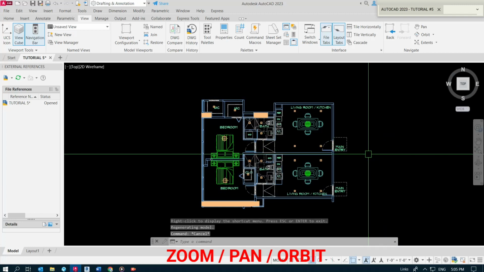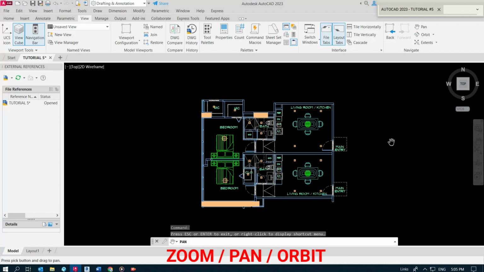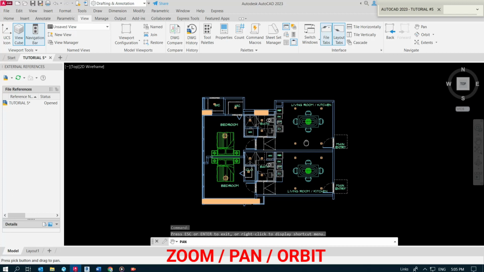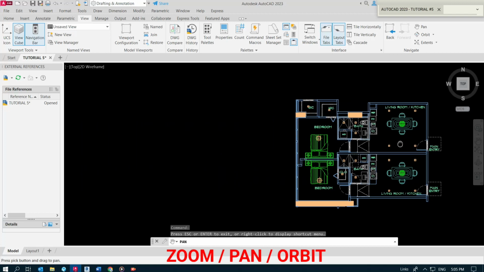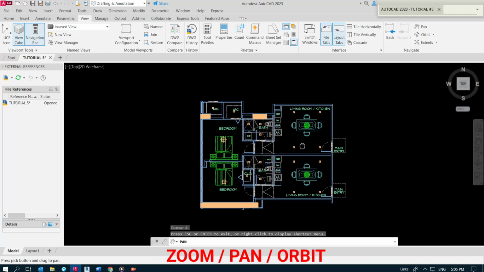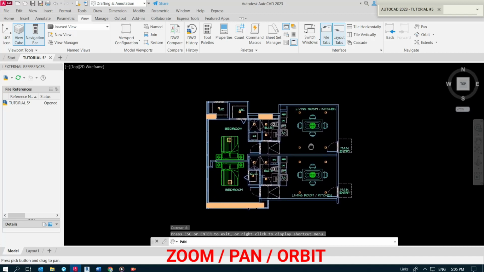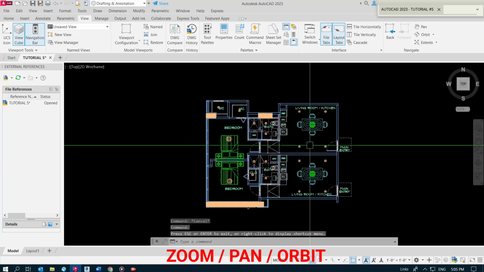The second tool is Pan. Once I click on it and move the cursor in the drawing area, a hand appears. I will click somewhere in the drawing area, keep the click pressed and move the cursor around. The hand seems to grasp the drawing area and move it according to how I move the mouse. I will press Escape once again to move on to the next tool,